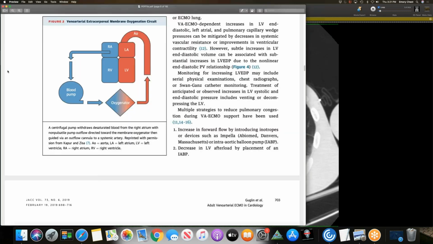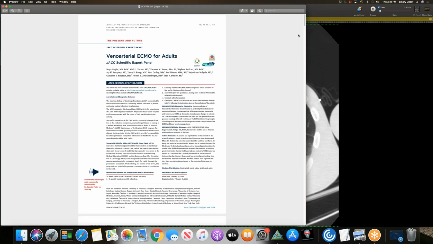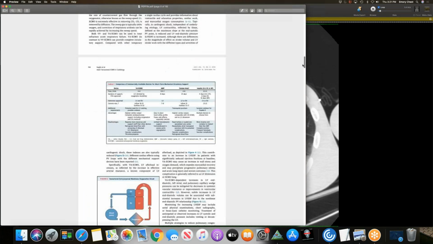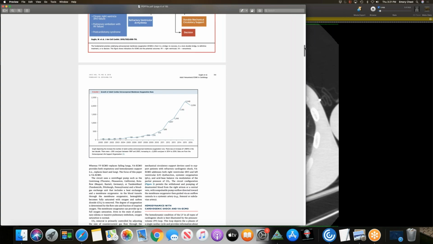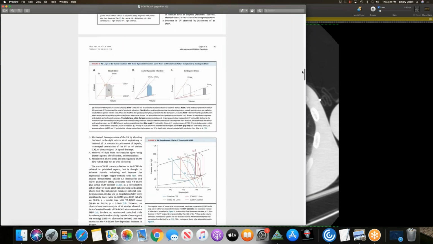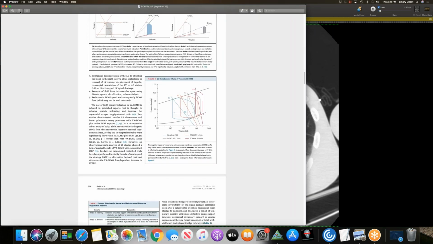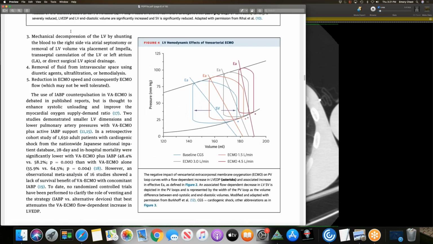And then they go into more depth here in the article about this complication. Oh, by the way, you can see the increase in VA ECMO use now over the last decade. New data for resuscitation, and then they go into a little bit more detail here about what's happening in the ventricle